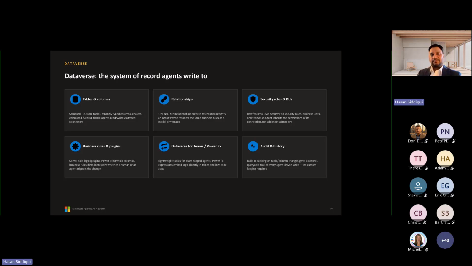So I'll go a little deeper regarding Dataverse. Most clients who want to put anything on an agent need to decide what belongs in Dataverse, for durability or reasoning over structured data, and what belongs in SharePoint or Azure AI Search. It's a full relational platform under the hood,